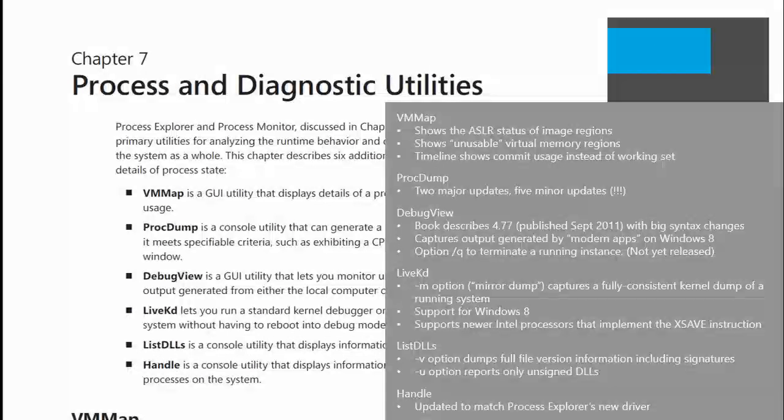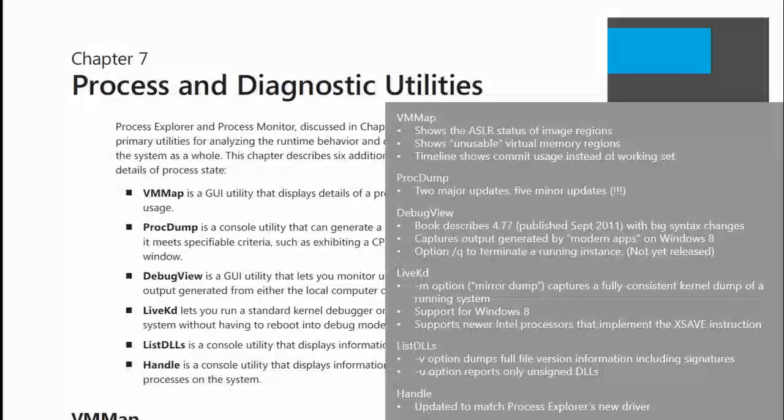The problem with it is it would do it while the system was continuing to run. So it would be going through kernel pages, saving stuff to disk, while the kernel is continuing to change. So you wouldn't necessarily have a consistent view. With the new -M option, they have taken advantage of some operating system features to capture a true snapshot, so the data is actually one single point in time, one consistent point in time.